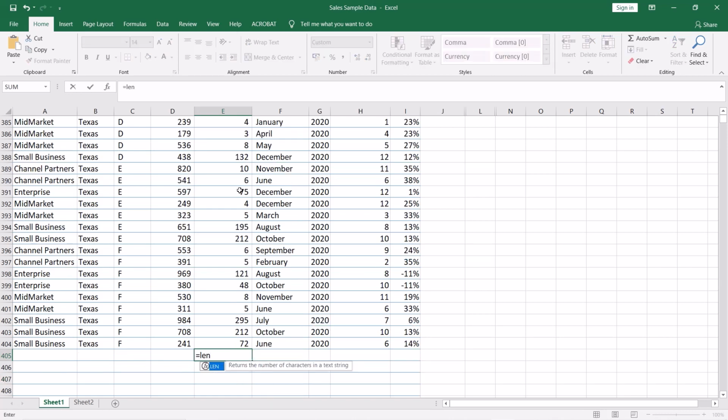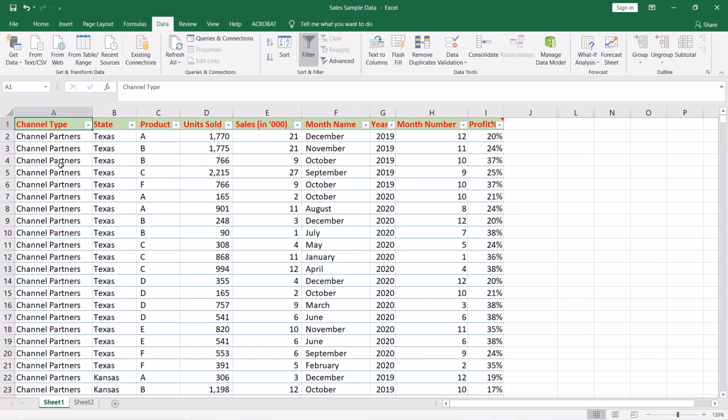You can use the LEN function to check the length of a particular string. You can use the LEFT function to derive the first 3 characters. You can use the RIGHT function to get the last 3 digits and so on.